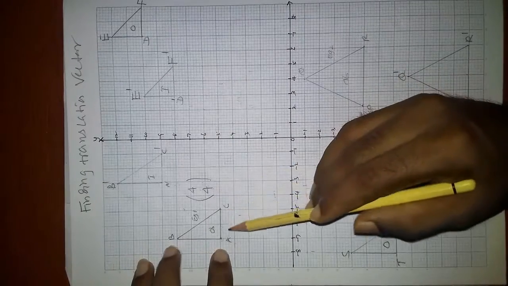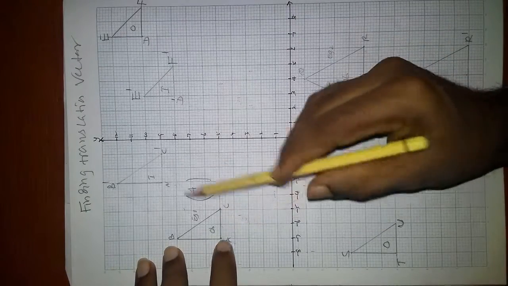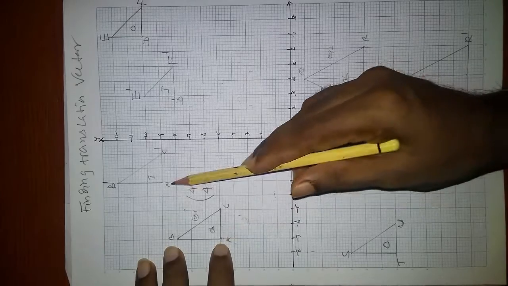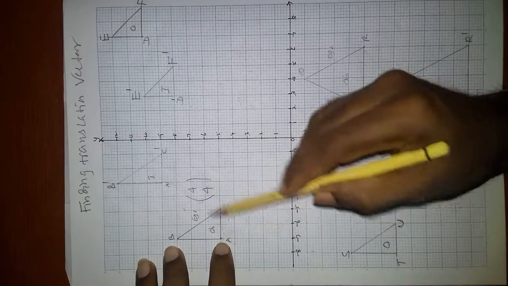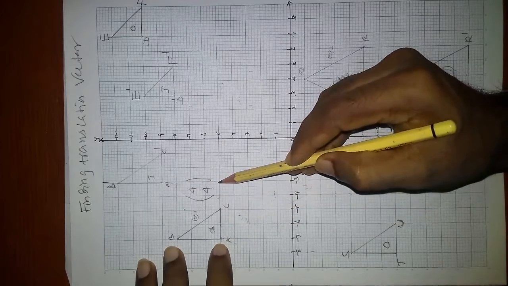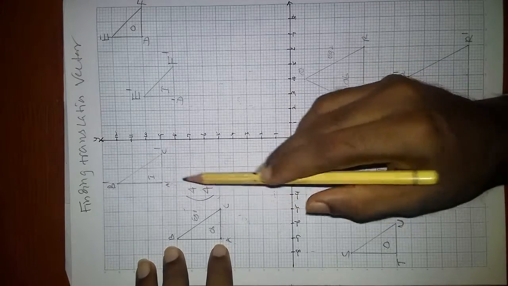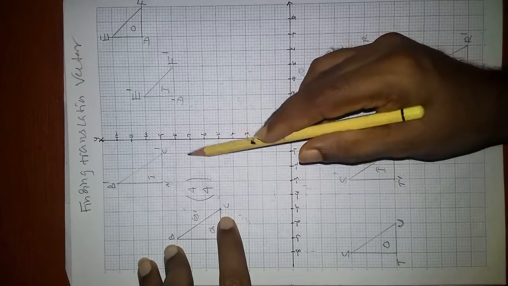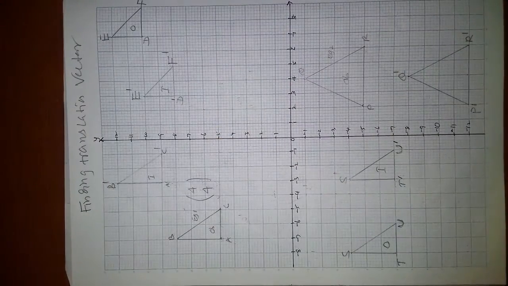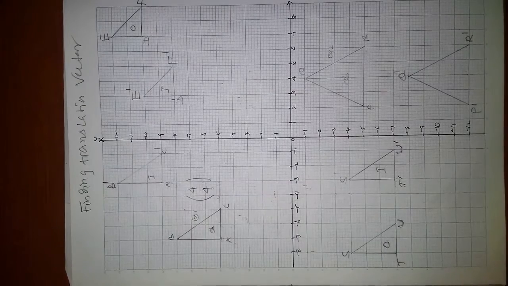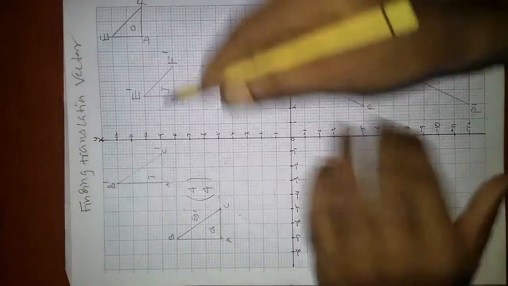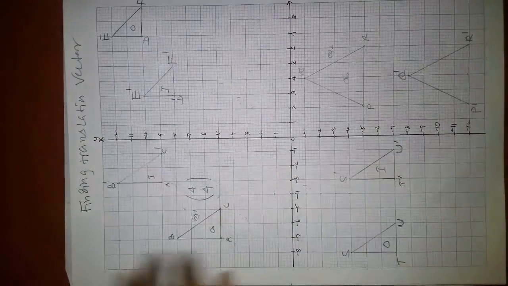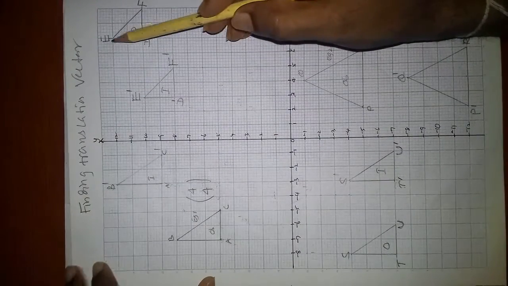Right. Now see, take the pair of object and image points A and A dash, and go from A to A dash. 1 2 3 4, 1 2 3 4. Yes, rightward 4. Take C and C dash. 1 2 3 4, 1 2 3 4. Yes, 4 and 4. By choosing whatever pair of corresponding object and image points, you must be able to find the same vector. The vector is the same. Right. Now we will go to this one. Now in this example, we will choose E and E dash.